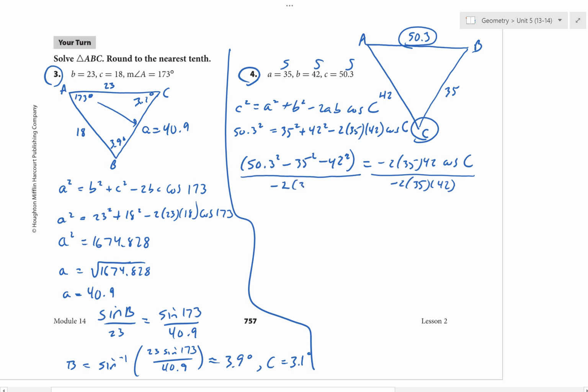That's where you have to have the parentheses for the entire top and the entire bottom when you put that in the calculator. So I have cosine C is equal to